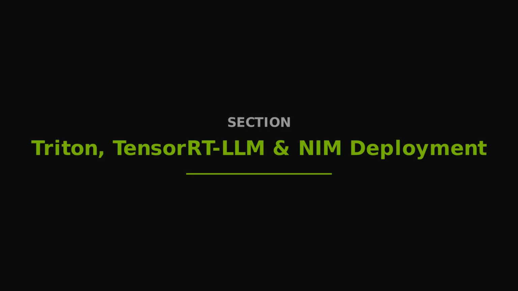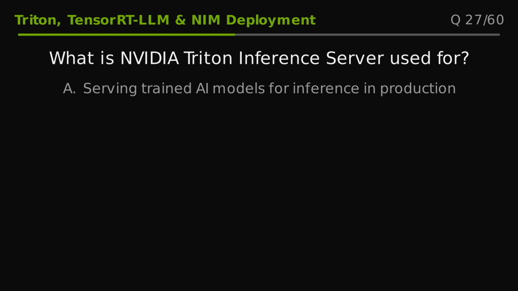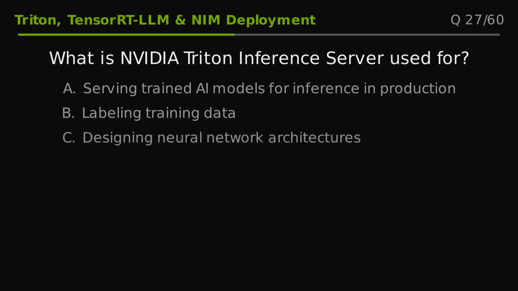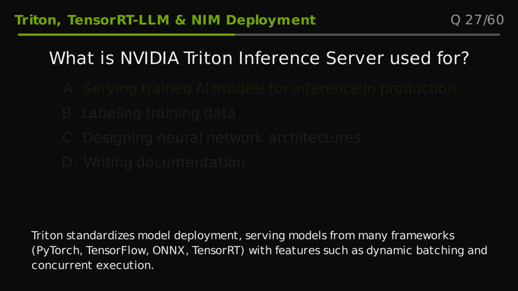Next section. Triton, TensorRT, and deployment. Question 27. What is NVIDIA Triton Inference Server used for? Option A. Serving trained AI models for inference in production. Option B. Labeling training data. Option C. Designing neural network architectures. Option D. Writing documentation. The correct answer is A. Triton standardizes model deployment, serving models from many frameworks, PyTorch, TensorFlow, TensorRT, with features such as dynamic batching and concurrent